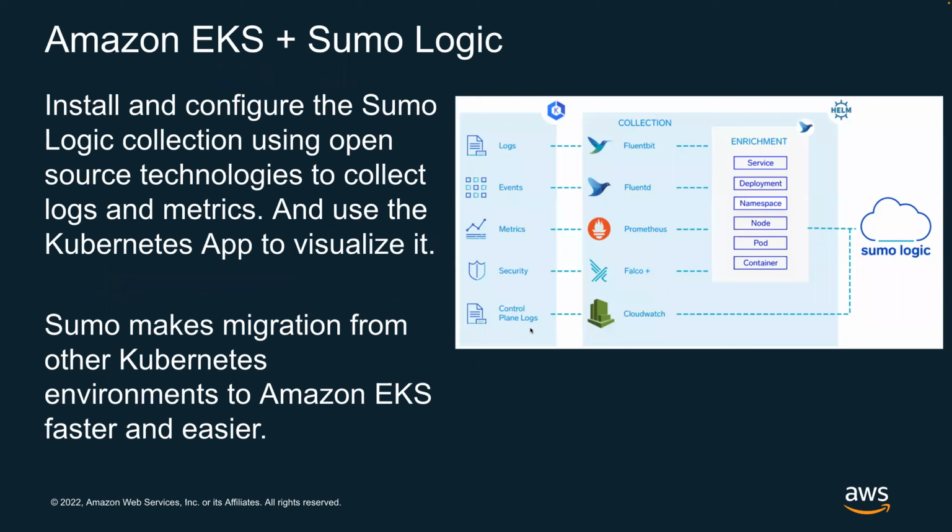Okay, cool. So I want to jump real quick into this slide, which talks about EKS and Sumo Logic. As you know, I do work with Sumo on a consistent basis. And back in 2019, Sumo released support for EKS consumption, where Sumo leverages all of the open source technologies that you see in this slide here: FluentBit, FluentD, Prometheus, Falco, and of course CloudWatch is AWS. But these are the core open source technologies that are available for collection of logs, events, and metrics from the EKS clusters.